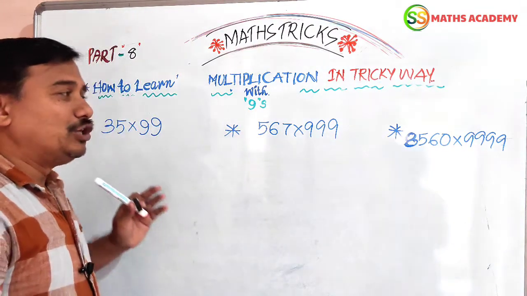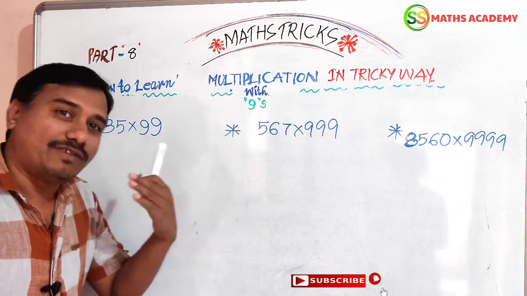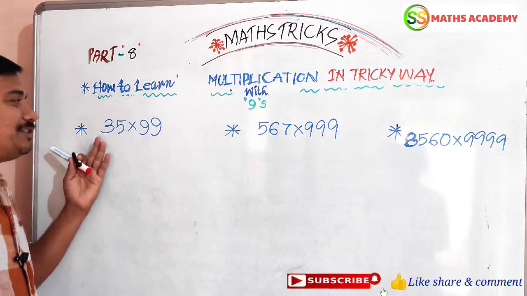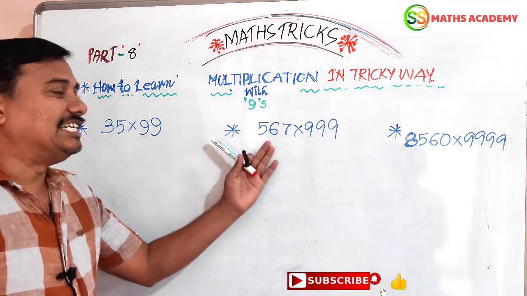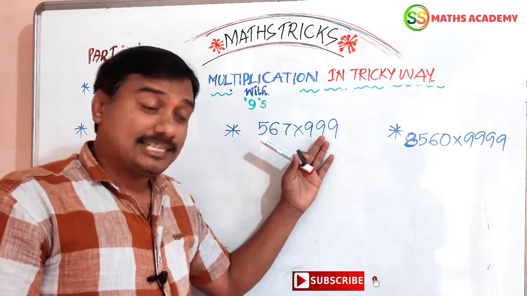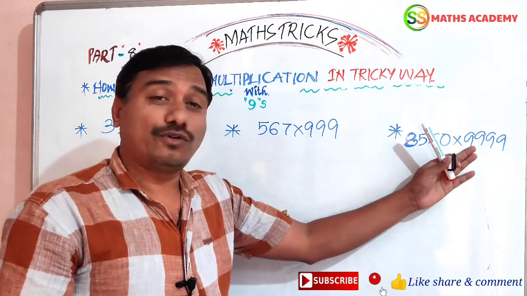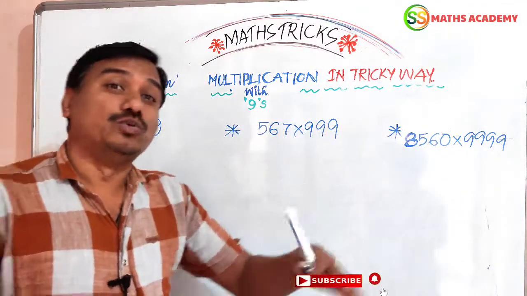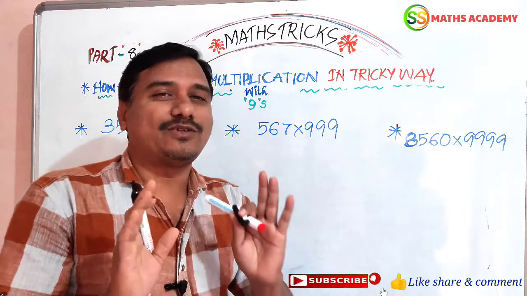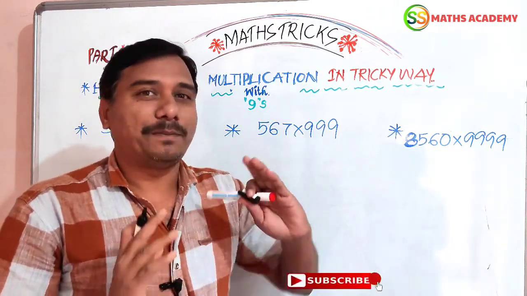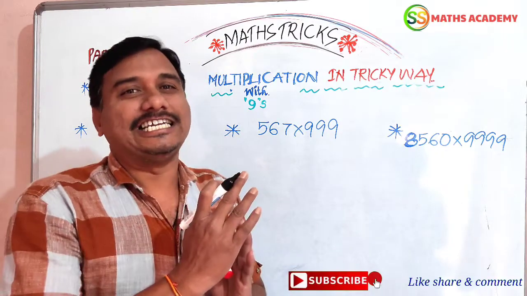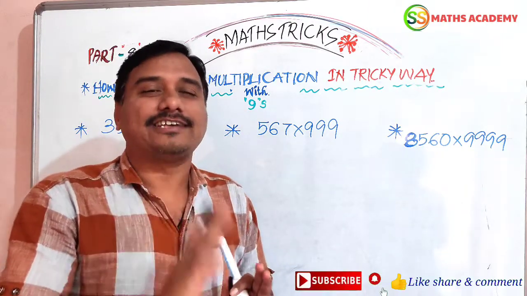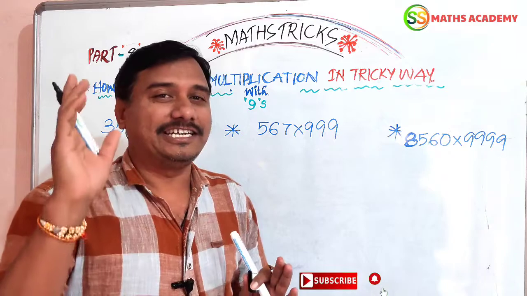For example, a one digit number is multiplied with one 9, a two digit number is multiplied with two nines, a three digit number is multiplied with three nines, a four digit number is multiplied with four nines. But you would have to multiply the numbers by the general method. It will take some time, but in competitive exams, speed calculation and logic are very mandatory, right?